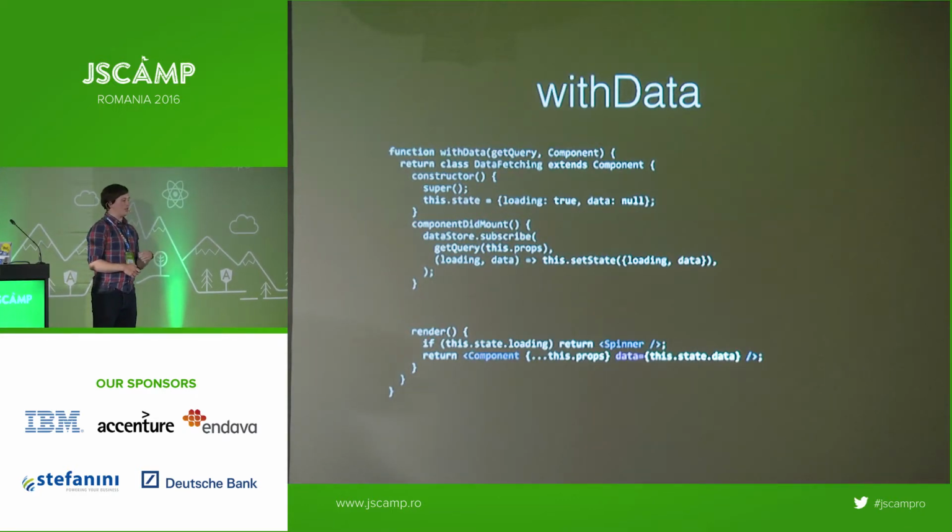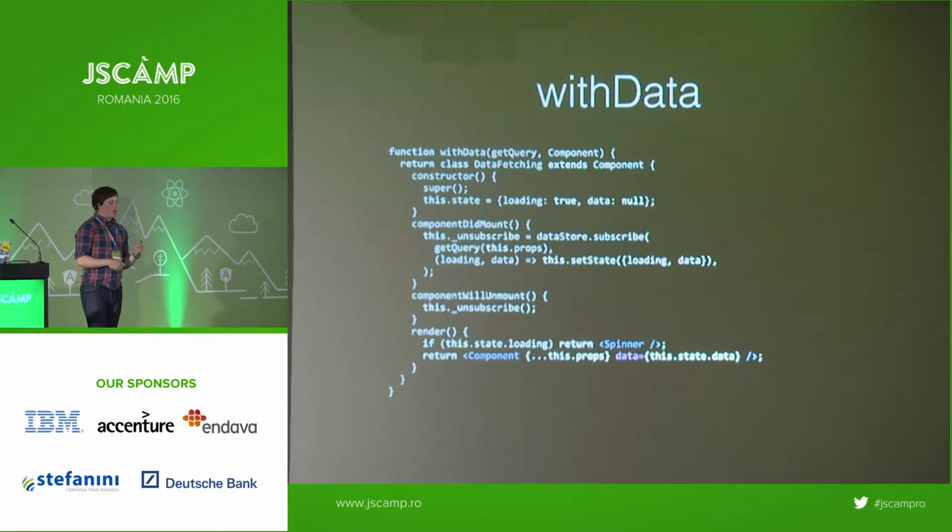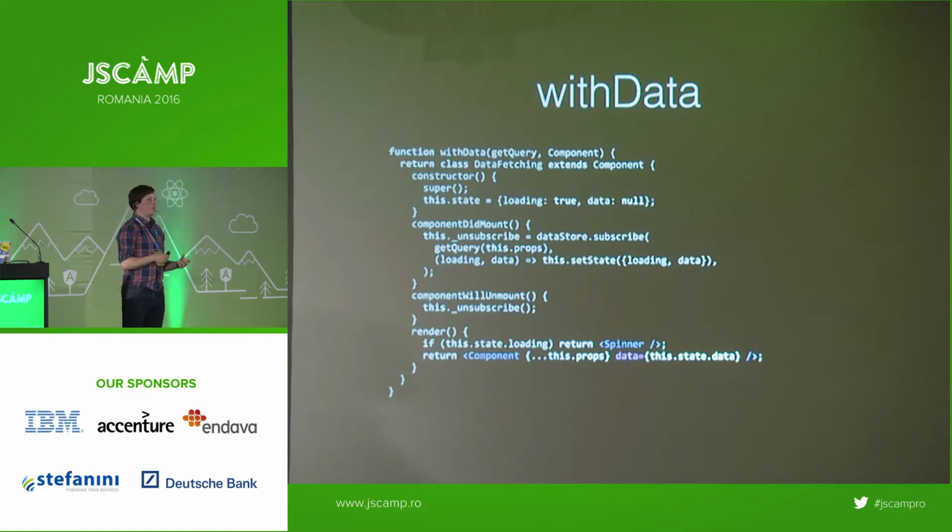Whenever the data store sends me an update, I update the state of this component. So instead of getting that update once, it might get it multiple times. I know it's going to get it at least once. It's at least going to get that initial data, but then as it changes over time, it might get called multiple times. If we're subscribing to anything in React, we also need to remember to unsubscribe, because this component might get removed from the tree, removed from the document in the future, and we don't want it to carry on